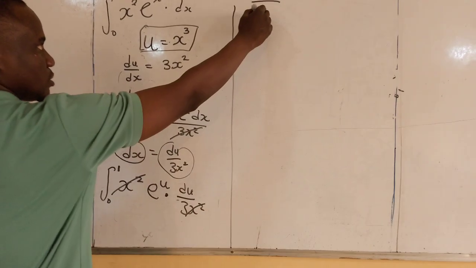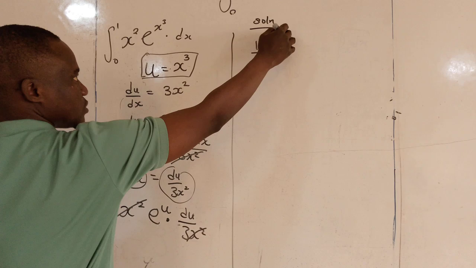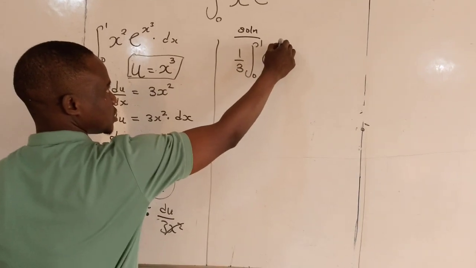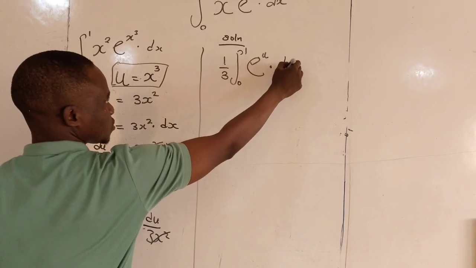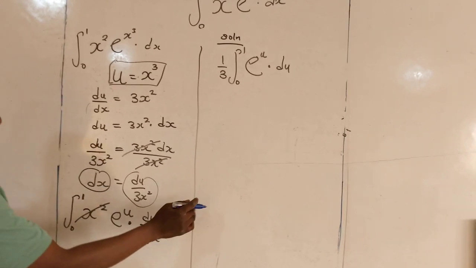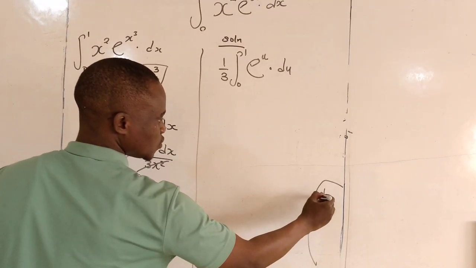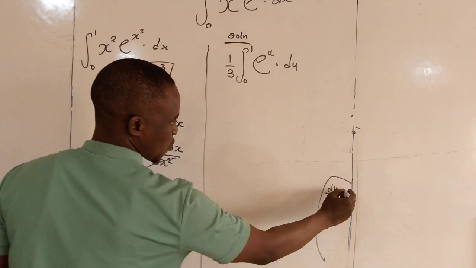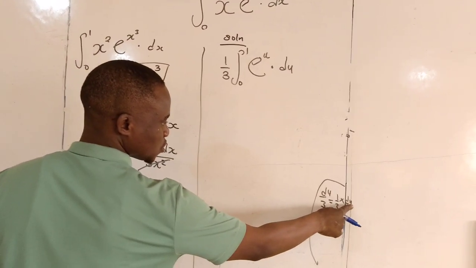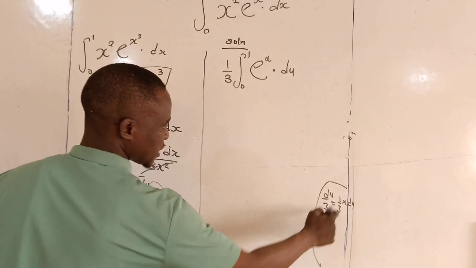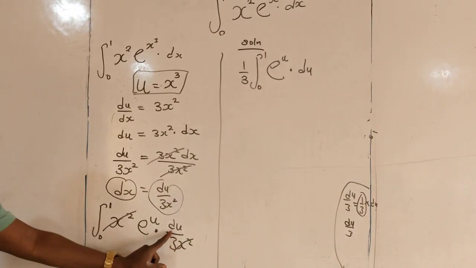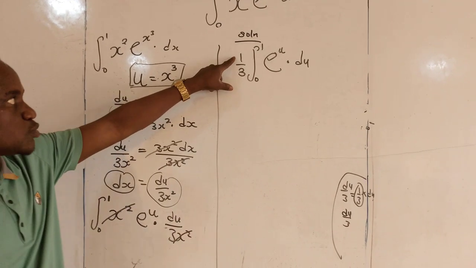Then I'll be left with 1 over 3 integral from 0 to 1 of e raised to power u, then du. This du over 3, you agree with me, can be expressed as 1 over 3 multiplied by du, right? If you have 1 times du, it gives du, so we still have du over 3. I only took the coefficient of du, which is 1 over 3, and I have to bring it out